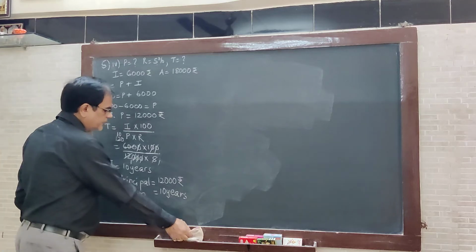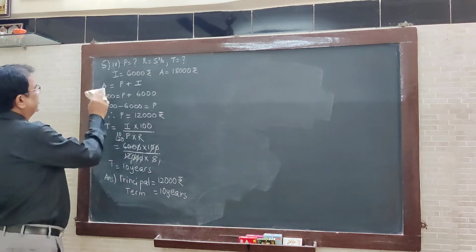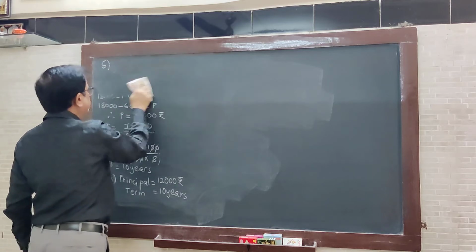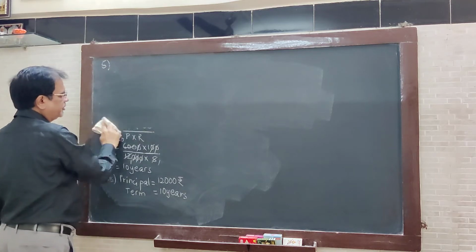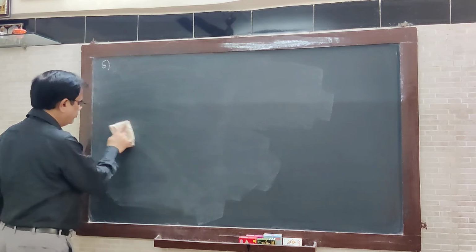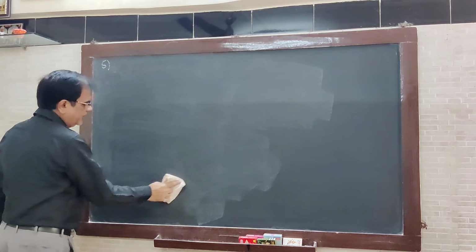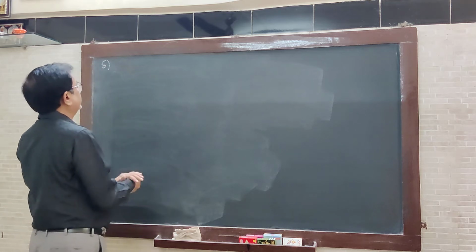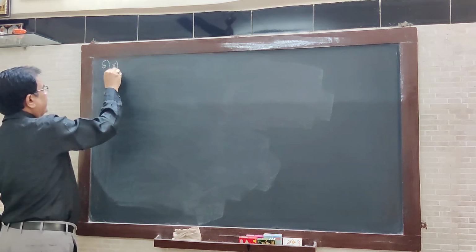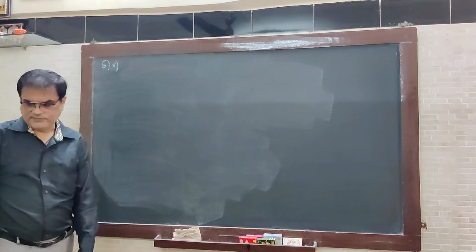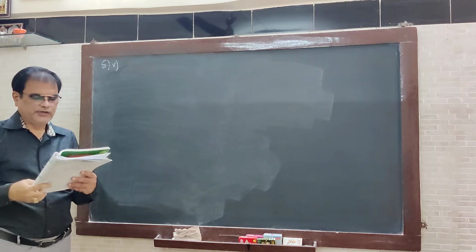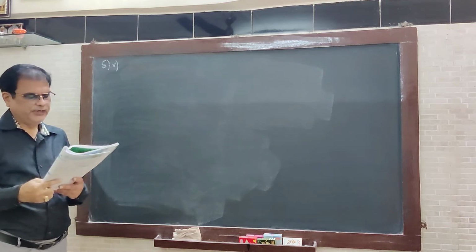Now we come to sum number 5. So sum number 5, that is the last sum in your textbook now in this chapter. So we finish off with this chapter, banks and simple interest. I hope you have understood the chapter very nicely. If any problems, you can ask me in the live class, or you can ask your respective teachers also in the live class. Whoever are in the other divisions, my 8A students, can ask me.